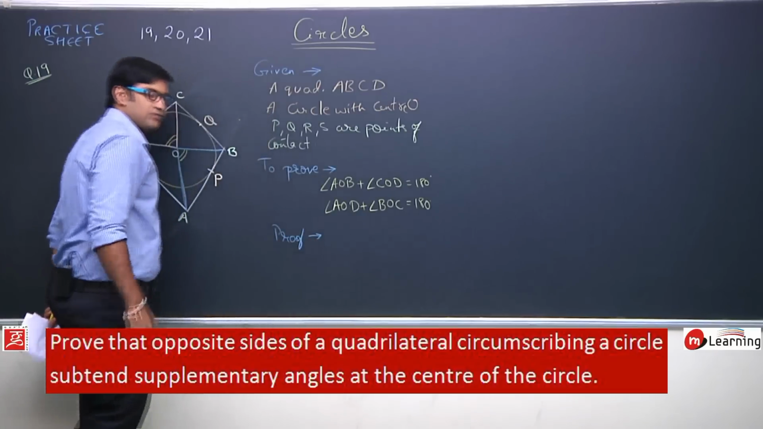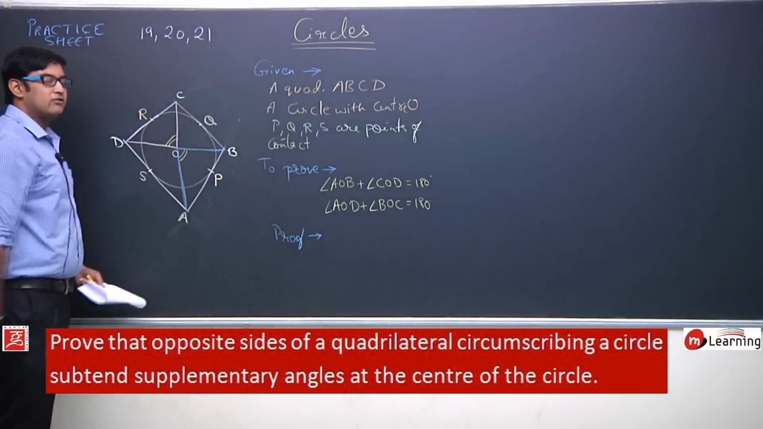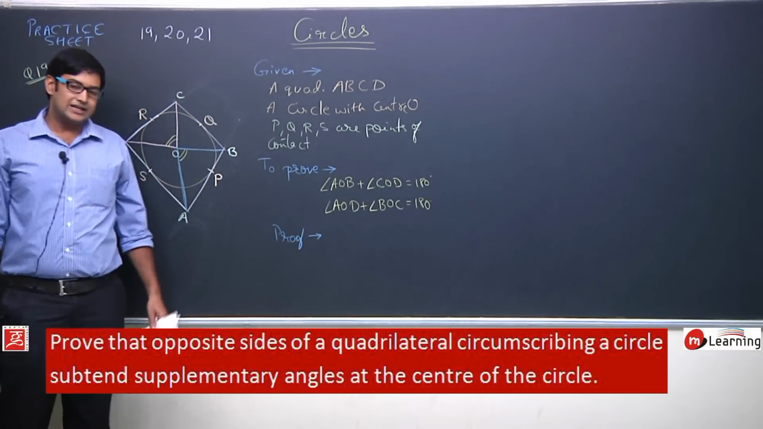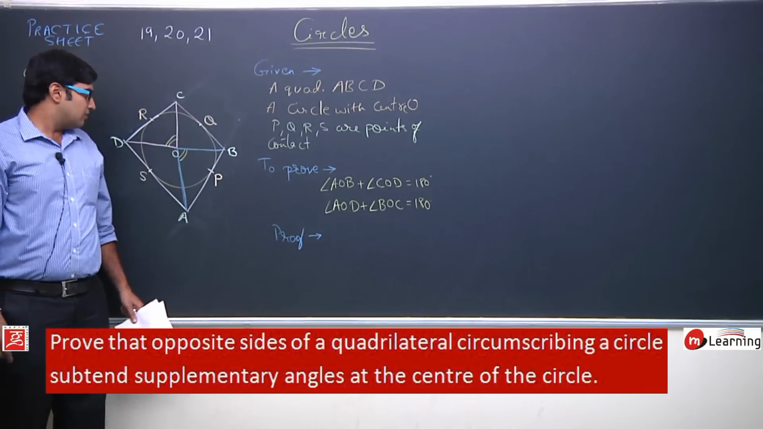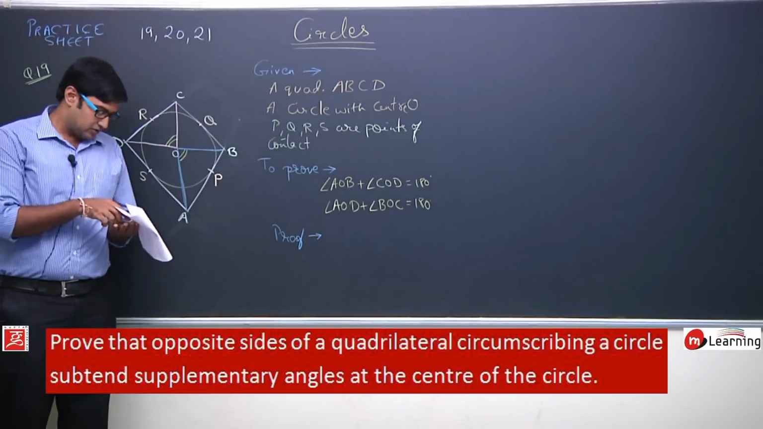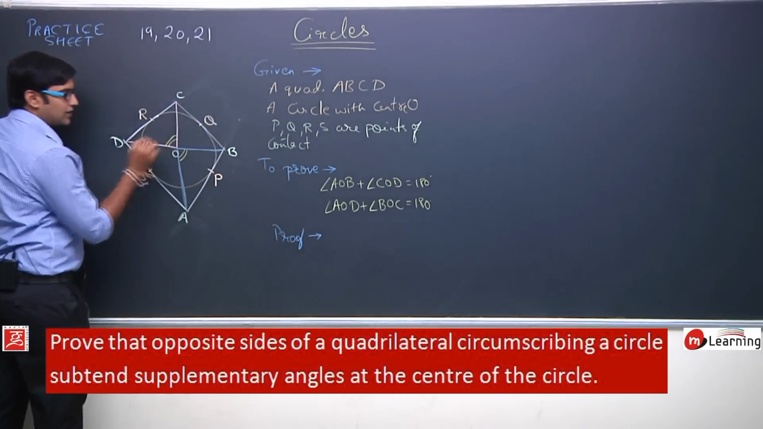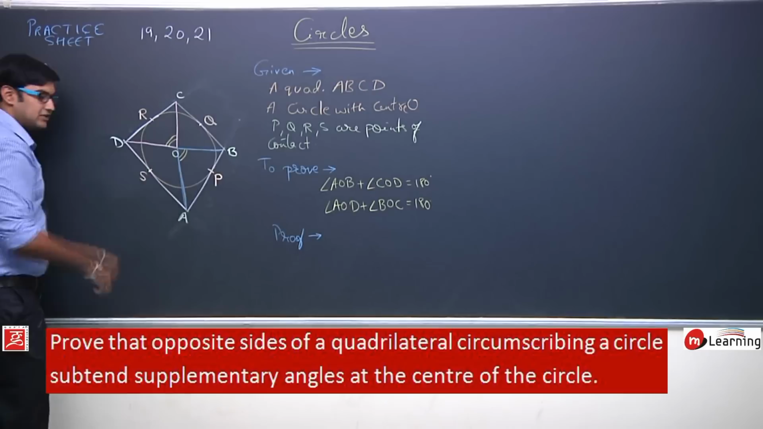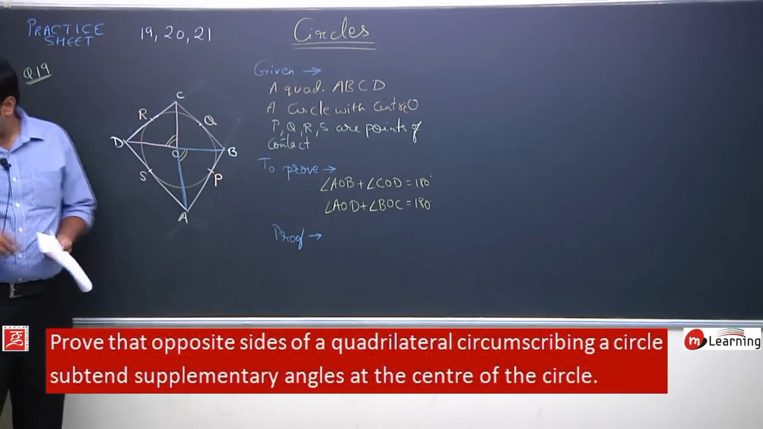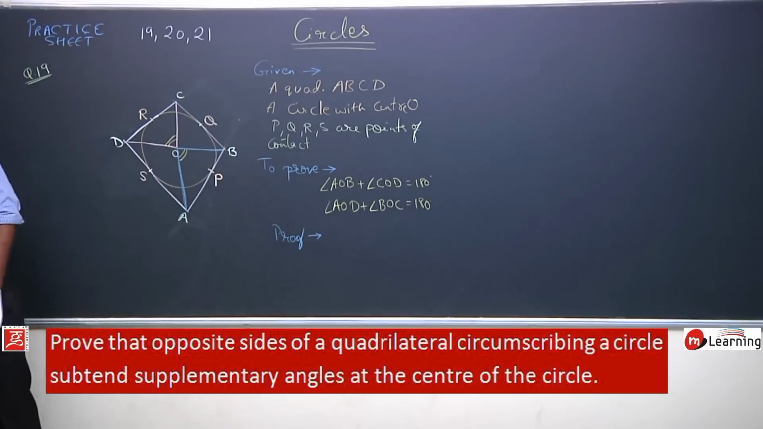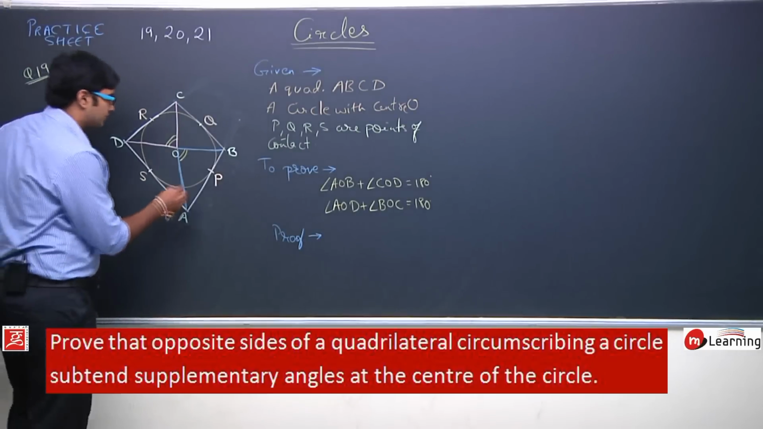How will you prove that the sum of these angles is equal to 180 degrees? Let us understand this concept. You can very clearly see that P is the point of contact of this tangent AB, and O is the center. So if I join this point P